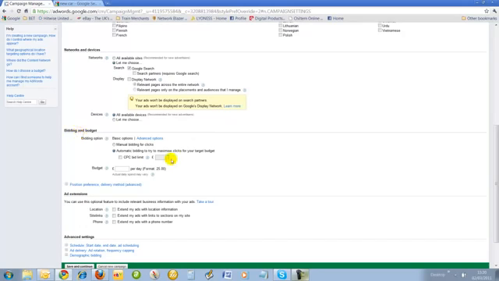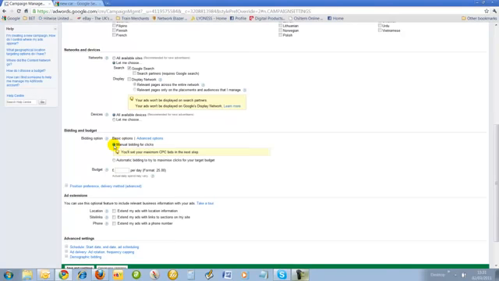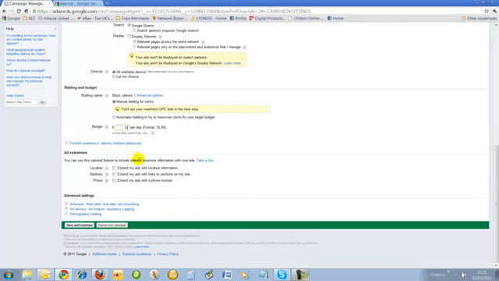Bidding and budget. How much do I want to spend? Now Google would like me to spend a lot of money. There's two things where I've got a choice here. I can manually bid for my clicks. How AdWords works, it works on a cost per click basis, or I can let Google automatically do my bidding for me. Now I want to be in charge of this to start off with, so I'm going to click manual. Okay, so I'm going to choose a budget of £25 per day,